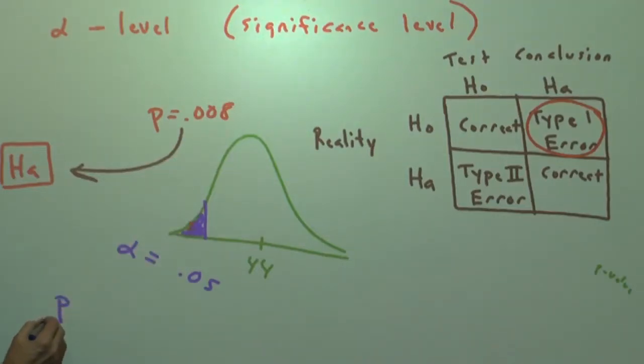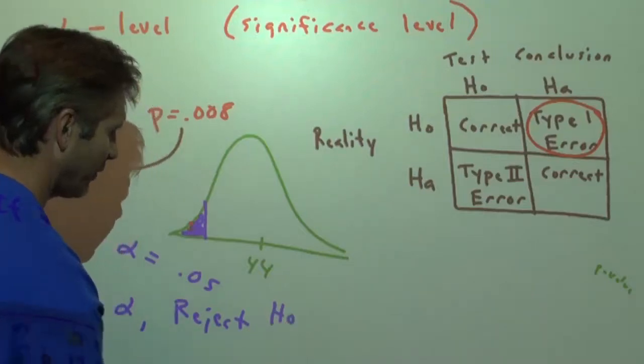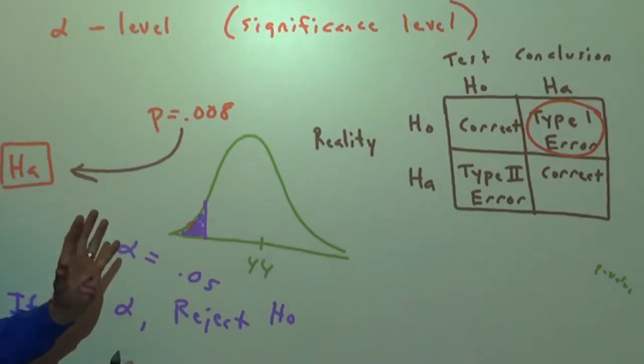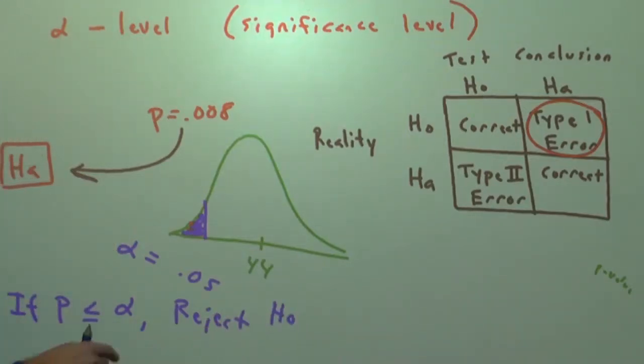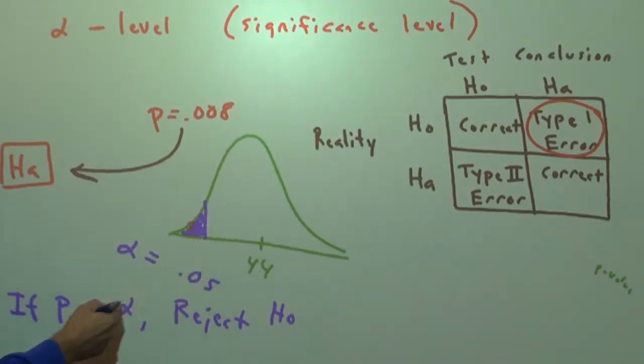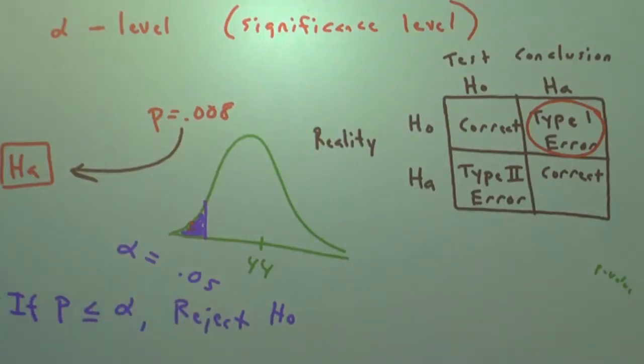So here it is, you guys. If the p-value is less than or equal to the alpha level, you reject the null and you go with the alternative because the p-value is the probability of a type 1 error and we're willing to live with up to an alpha level's amount of making a type 1 error. If this were a life or death situation, testing a drug or something, you might set the significance level, the alpha level, at 0.01. But even in this case, our p-value was below 0.01, so we'd still reject the null.